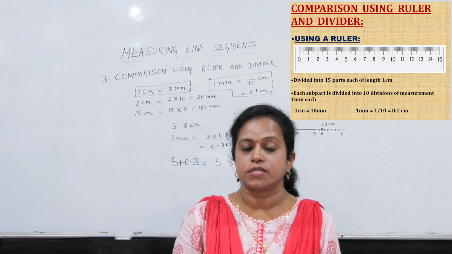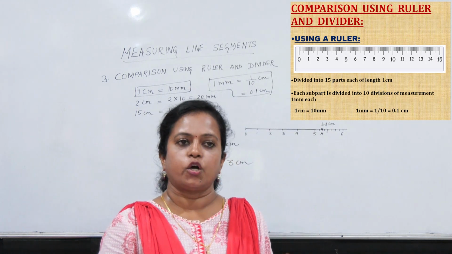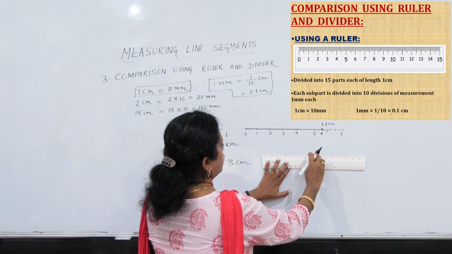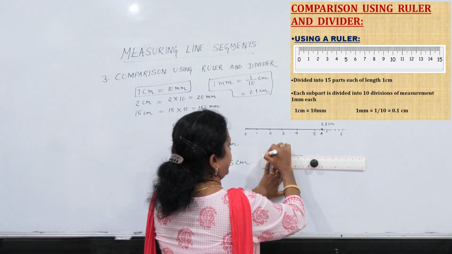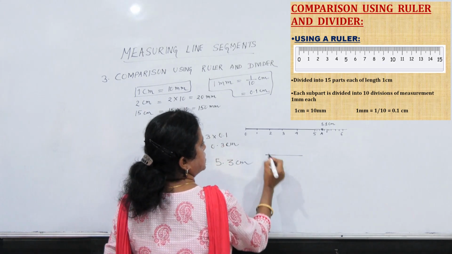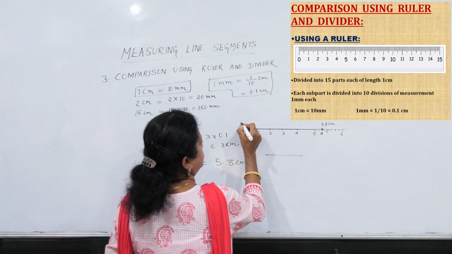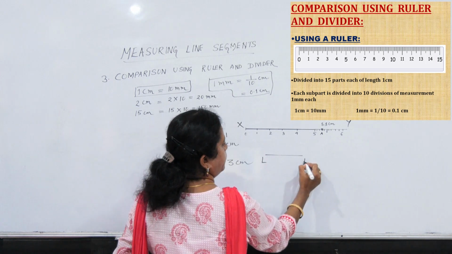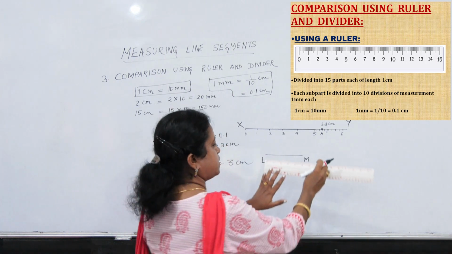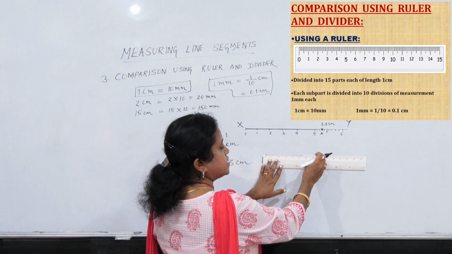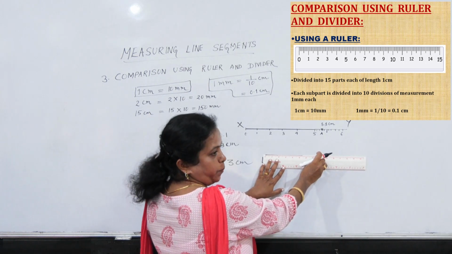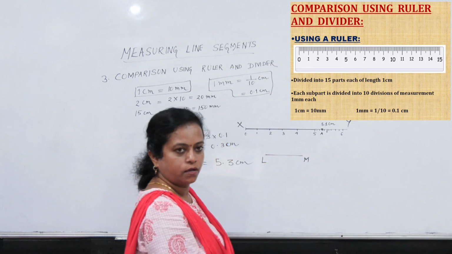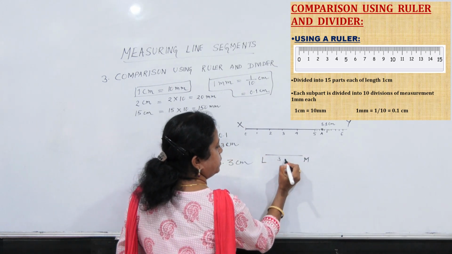Now how do we use a ruler to compare the length? Now if you have another line segment that is made, now what we'll do? We'll measure its length. Suppose you have this line segment, this I have named LM. इसको मेजर करेंगे. जब इसे मेजर करेंगे हमेशा याद रखें कि first जो एंड पॉइंट है वो 0 पे होना चाहिए और जहां पे आपका एंड होता है that will give the measurement. So maybe this is 3 centimeter.